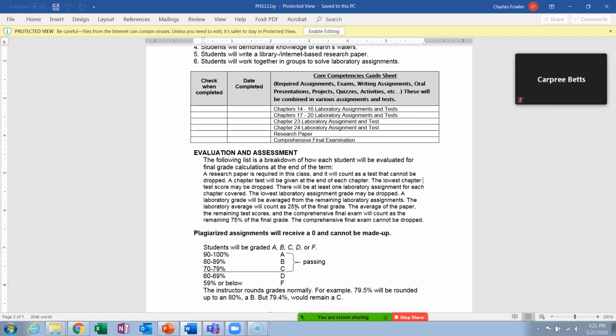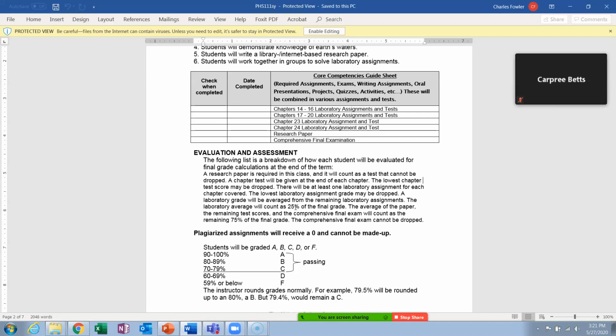And last term, sure enough, when I did it, I had students emailing, hey, I don't see my lab 1 and 3 in there anymore. I did it. I remember turning it in. You had it on there. It's not showing up anymore. Or, hey, what happened to my test 4? You know I did it. You know, you had a score before. Those are the ones I dropped. The only way I can drop them in Blackboard is to take them out. So if you see that happen at the end, don't panic. Those are the ones you get to drop.